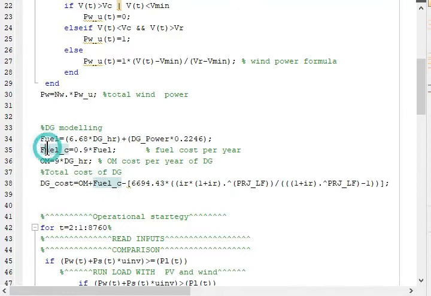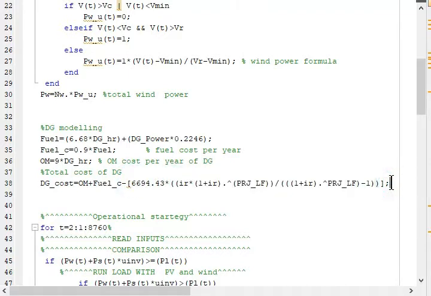So the fuel cost is given here, minus some, that's the fuel cost, operation and maintenance cost. There may be some salvage cost, this is the salvage cost of that DG. You may ignore it, but this depends on your situation. It may be the capital cost, and if you are including the capital cost, then it will be positive. If it's salvage cost, then in this case the DGs are already installed. So this is the total salvage cost, and this is the capacity recovery factor.